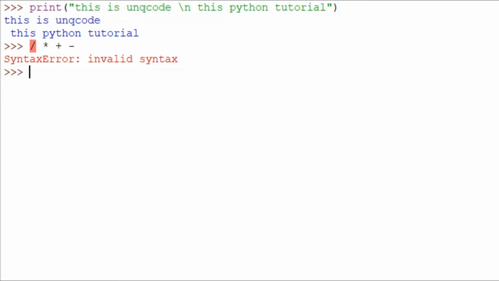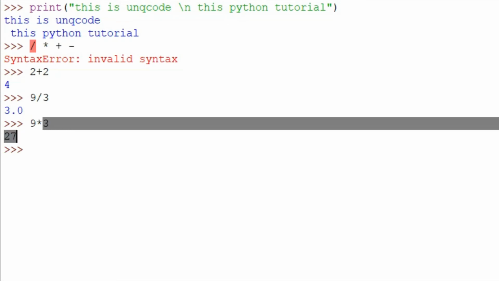Operators are these things with which you can perform basic operations like 2 plus 2. Python directly understands it and gives the answer. 9 divided by 3, you get it, and 9 into 3. Basically this symbol is called multiplication in Python.